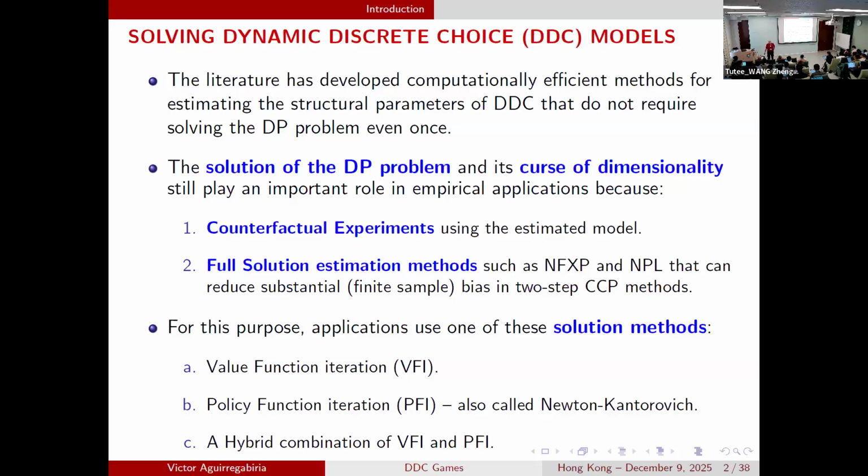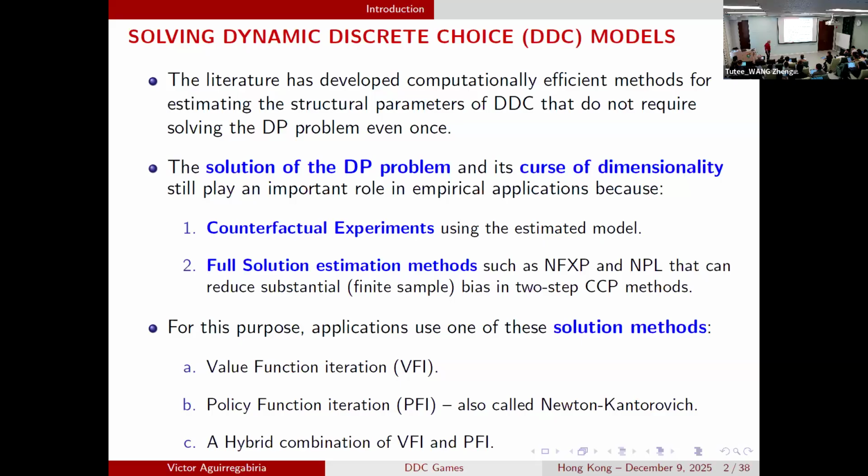The problem is even more serious when we are talking about dynamic games, because for the solution of one equilibrium of the dynamic game, we will need to solve many times for the single agent dynamic best response. Basically, the best response function of each player involves the solution of a dynamic programming problem. Okay. Then in that context, we are in more need, let me say, of a computationally efficient algorithm for